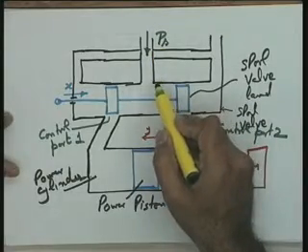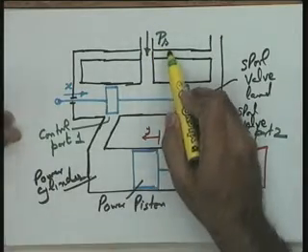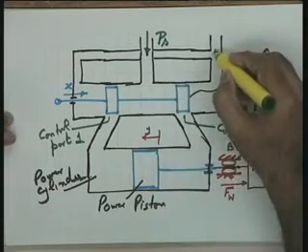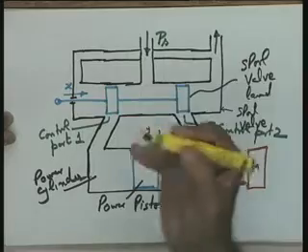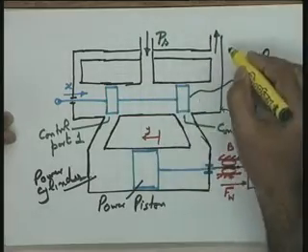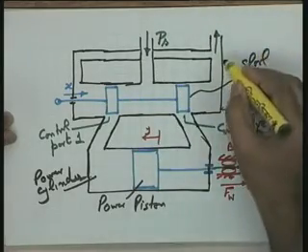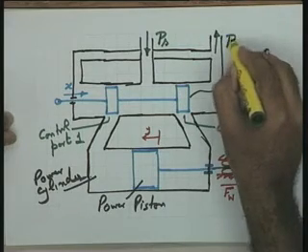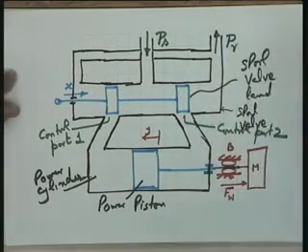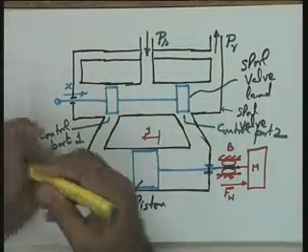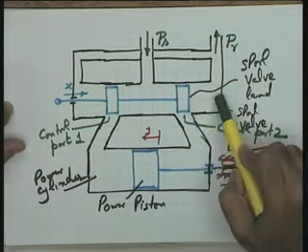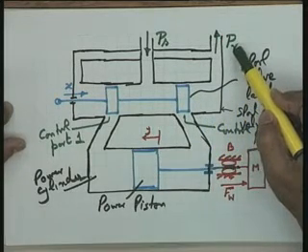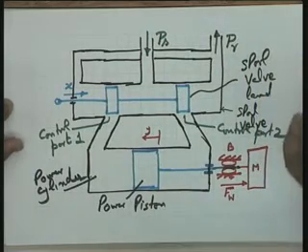This is the inlet port, the hydraulic fluid coming at a pressure PS, and this is the outlet port or the drain. So in this particular case, the worked up fluid is going out into the sump or the reservoir through this drain, and let me say that the pressure of the outgoing fluid is PR, the reservoir pressure. It may be noted that as soon as the fluid leaves this spool valve, this reservoir pressure PR will be slightly more than the atmospheric pressure.